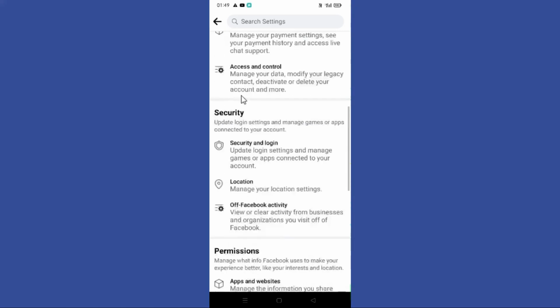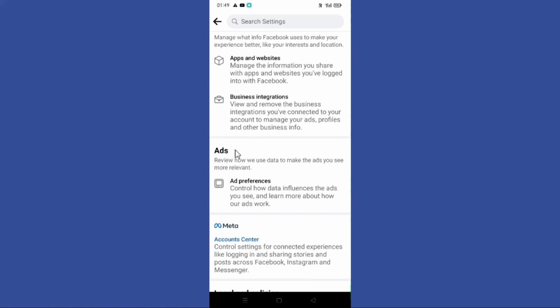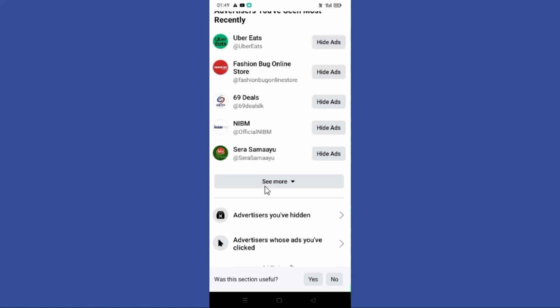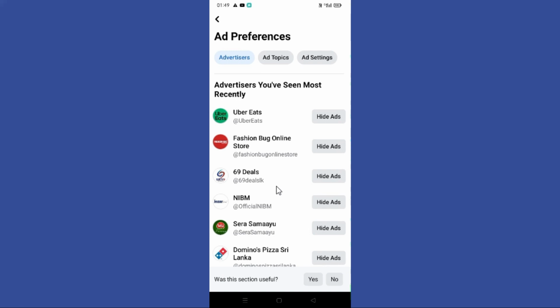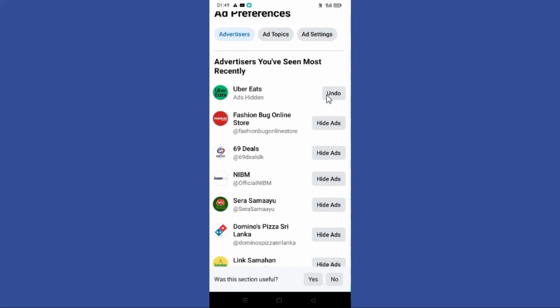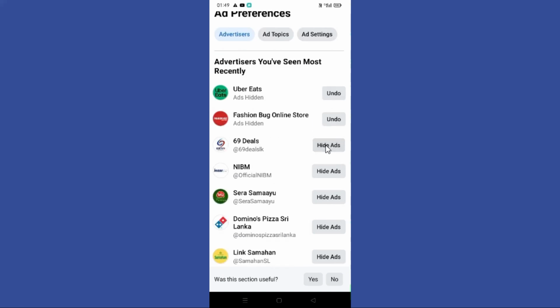Scroll down again and now you can find this ad preferences option under the ads. So just tap on it. So here you can see the ads that are shown to you regularly. Now you need to tap on this hide ads button to hide them. After that you can reduce Facebook ads